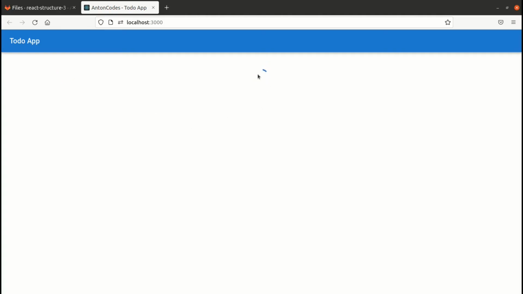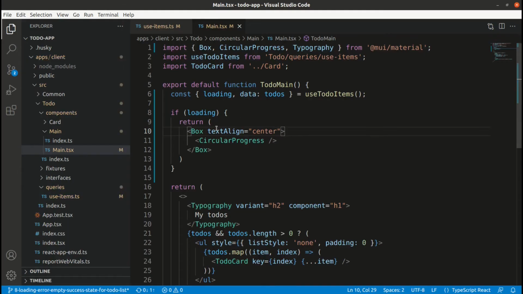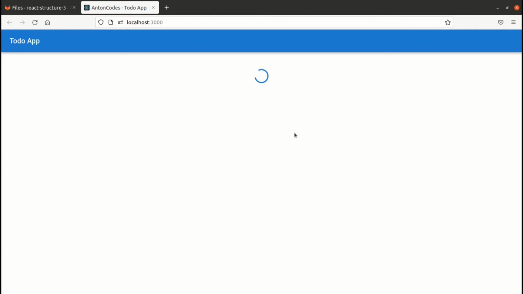And add some more spacing at its top. Yeah, that looks nicer, doesn't it? Alright, so now we have implemented the basic loading screen, but the loading state isn't meant to be permanent, because